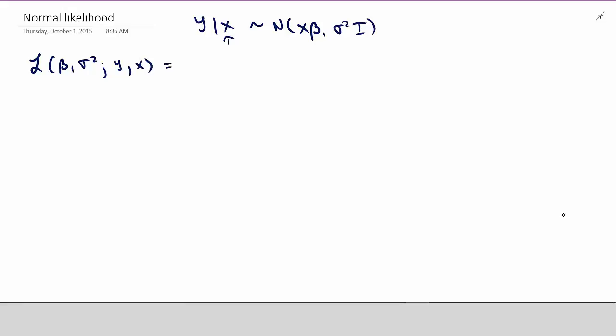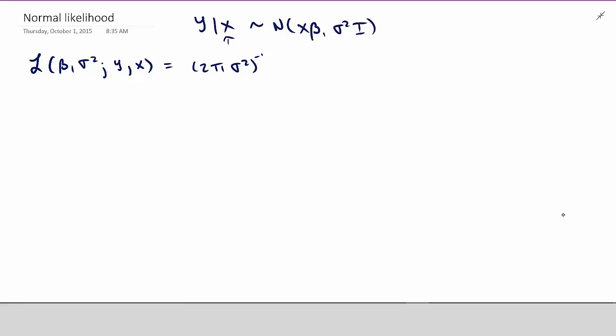Let's talk about normal likelihoods now. So we have that y given x. Let's assume that it's normal, x beta, with variance sigma squared I. And I just want to emphasize here that we're conditioning on x. We're not considering the variability in x for the most part when we talk about linear models. So the likelihood of beta and sigma squared given y and x is then 2 pi